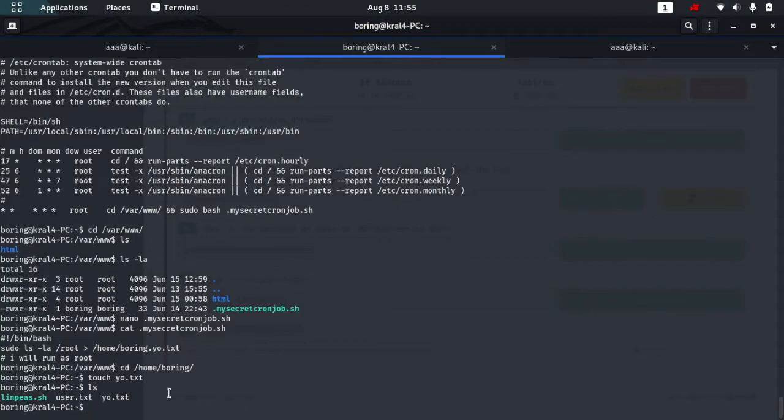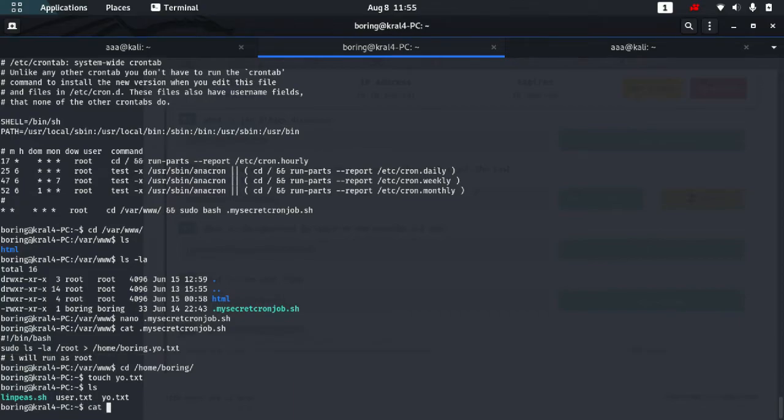Just like that, over here this will also run as root, and the answer it will put in yo. Okay, I made a mistake over here, this will be a slash instead of yo.